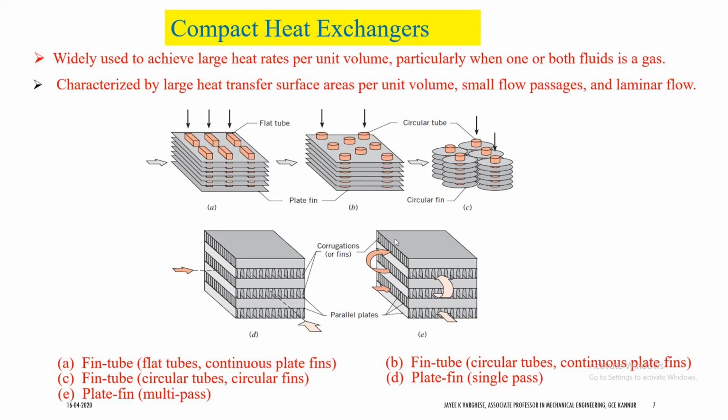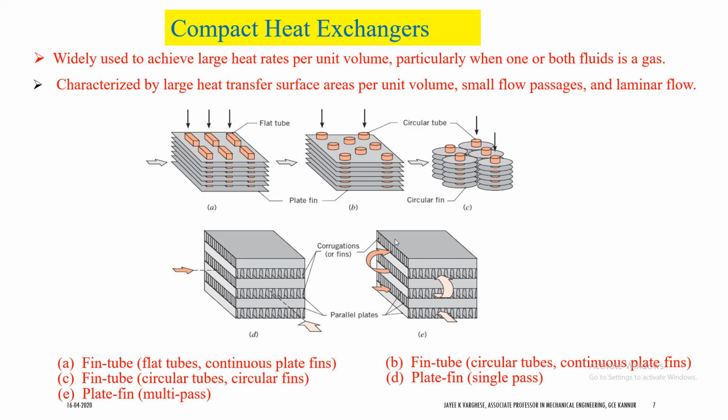Now, construction wise, we can also have another type of classification called compact heat exchangers. In compact heat exchangers, basically, why do we have such a classification? What is the significance of a compact heat exchanger? That is more important. So here, in a heat exchanger, the heat is transferred by conduction and convection mode. Radiation will not be there in normal types of heat exchangers, so we are not discussing radiation. Still, in some cases radiation can be there.